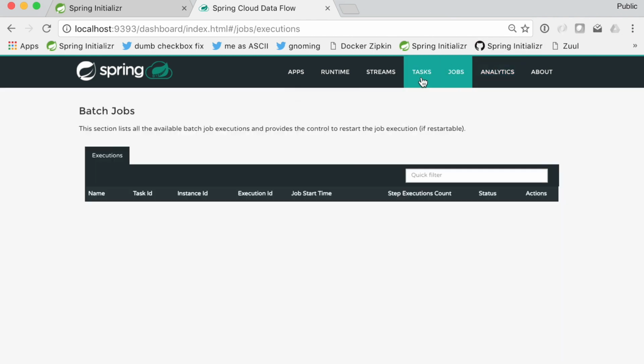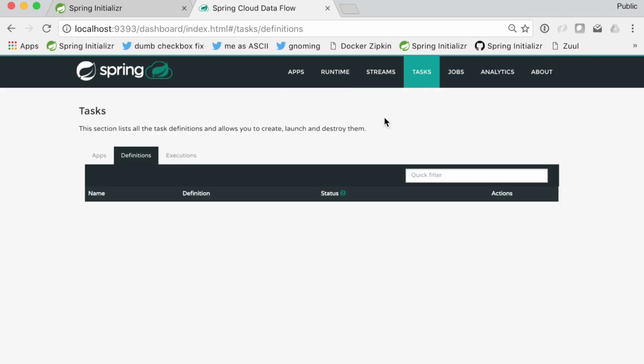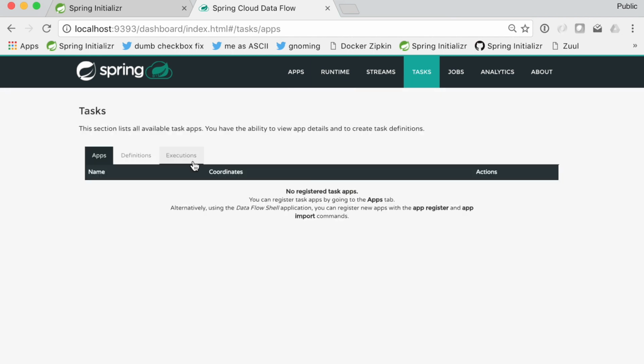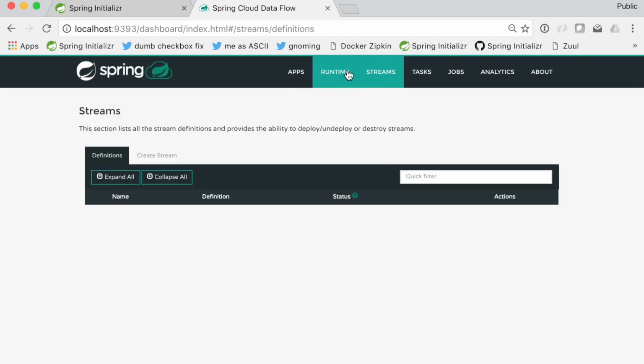I can look at the ongoing jobs that are running. This is a drill down of Spring Batch jobs in particular. I can look at the tasks. This is the overarching concept called a task, and that might include Spring Batch jobs, for example. And then I can of course look at the streams, which we're going to create in a minute, and the